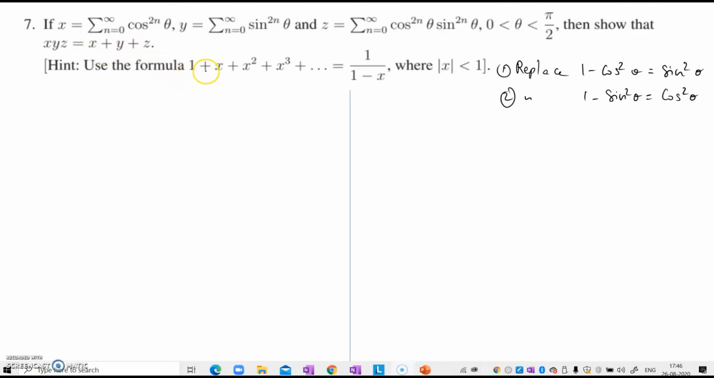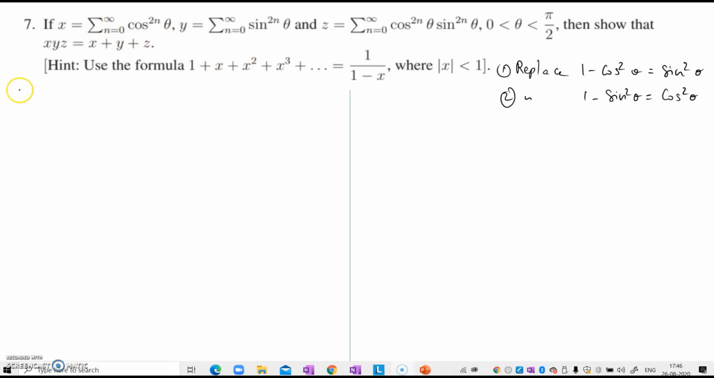Now the hint that is given to us is 1 plus x squared plus x cubed and so on to infinity is equal to 1 by 1 minus x. So we have to use this in these given equations. So what we would do is, first let's start to